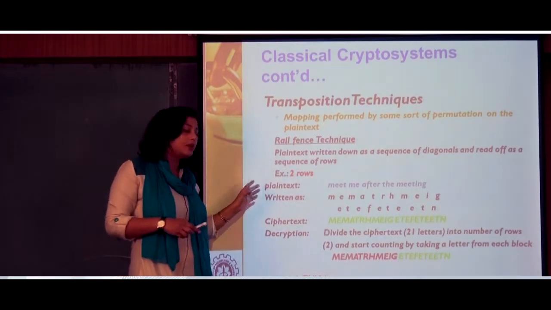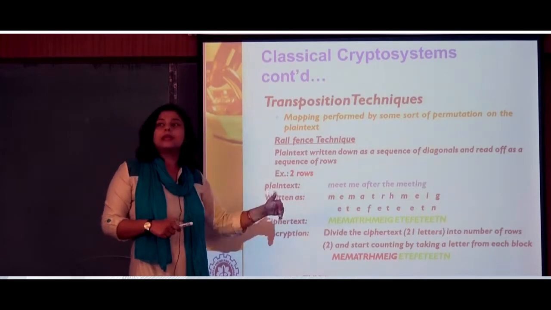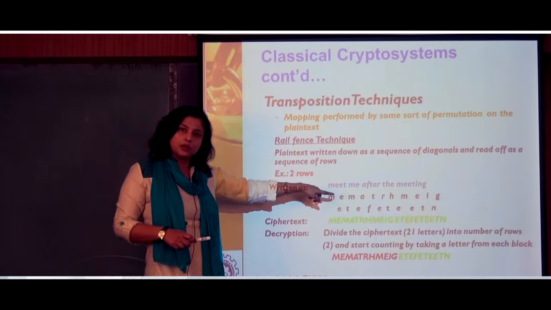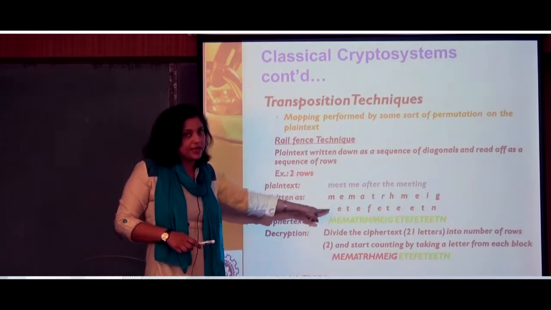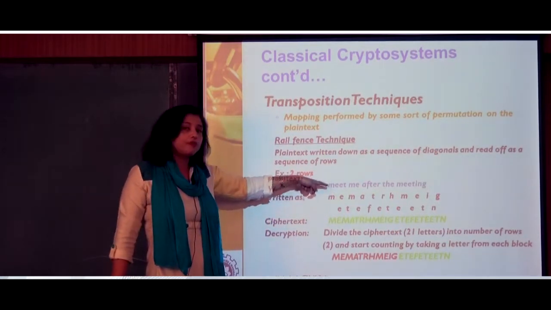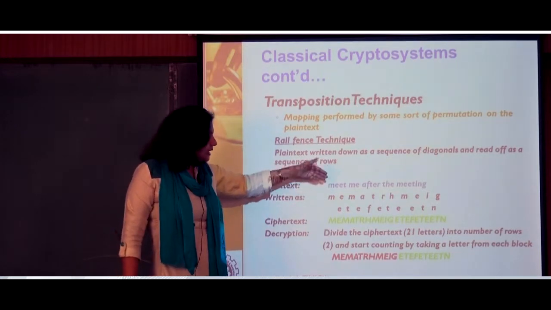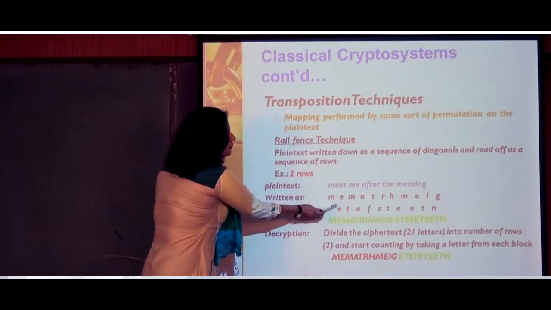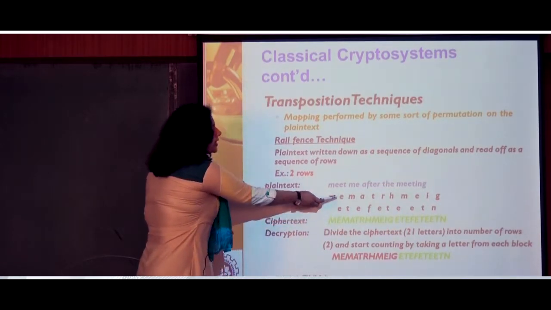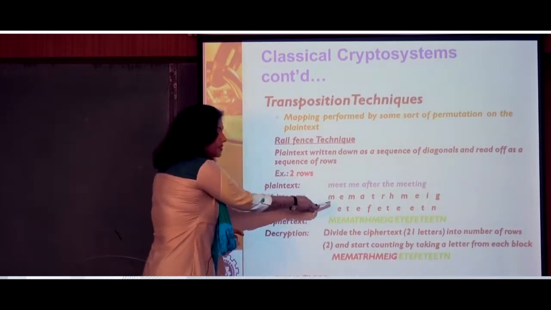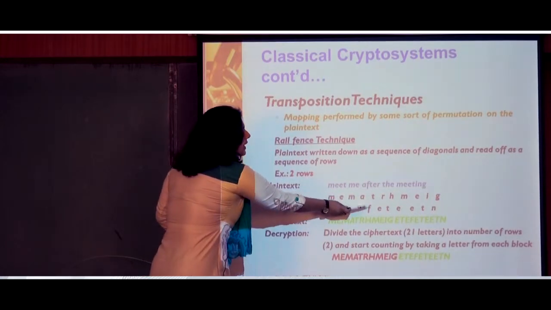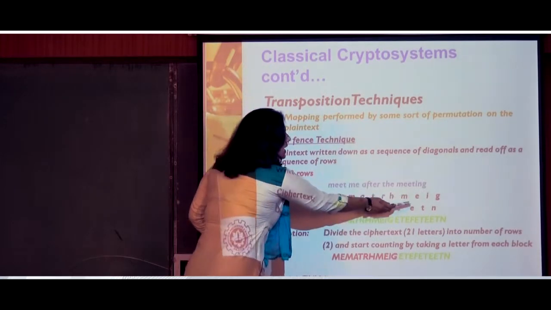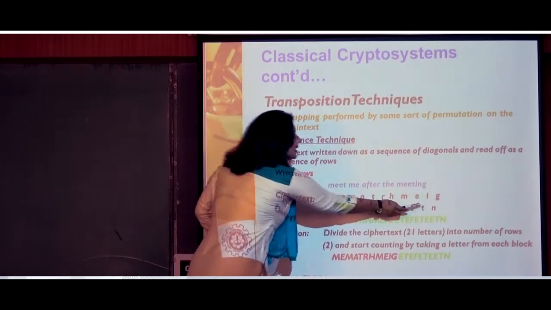So, how are we writing down? As I said, they should be written down in diagonals. That means you create 2 rows and start writing in diagonal form. The first letter will form the first letter of the first row, and the second letter you write in a diagonal form. So, M E, again E T. So, this comes meet, me, A F T E R, after T H E, the, M double E T I